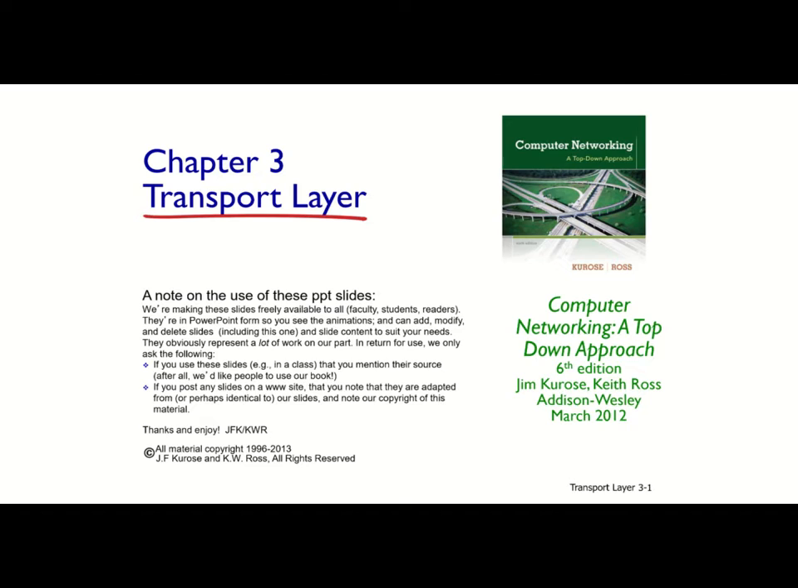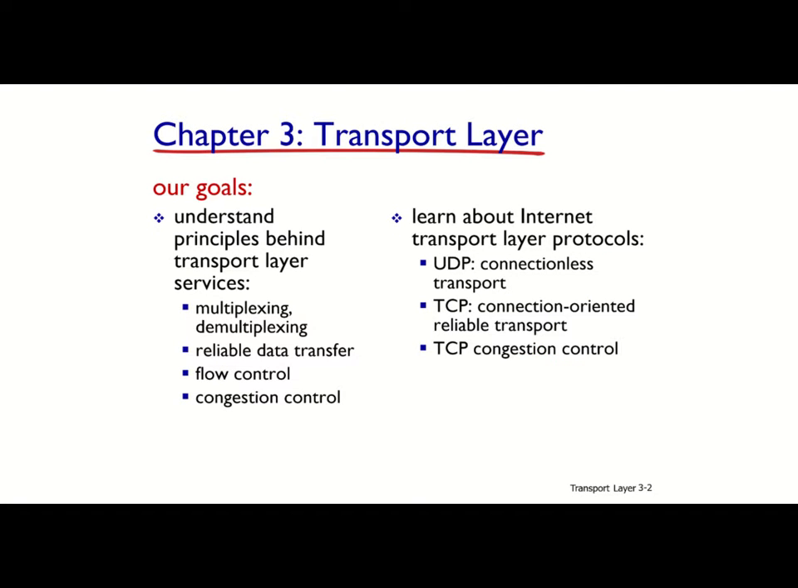In this week, I'm going to start chapter 3, Transport Layer. As you know, the transport layer is the fourth layer of computer networks. So our goal in this chapter is to understand principles behind transport layer services like multiplexing or demultiplexing. We also want to know what the principles for reliable data transfer are and how the transport layer can help computer networks to have